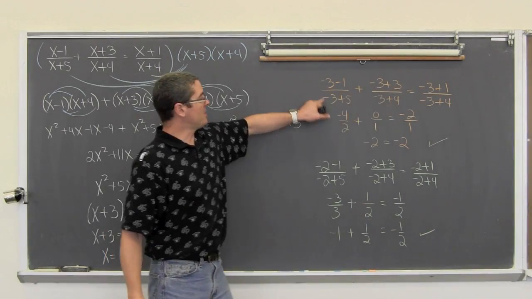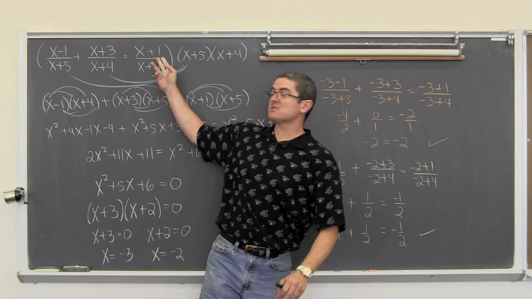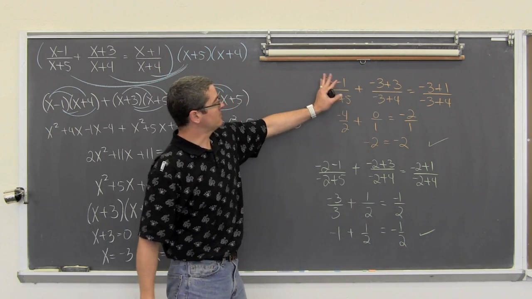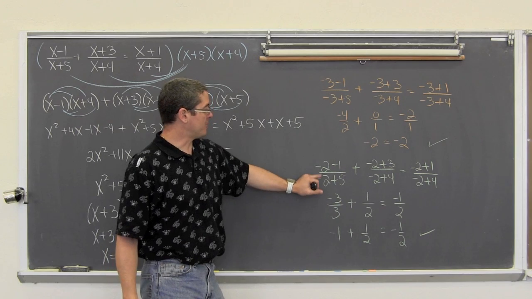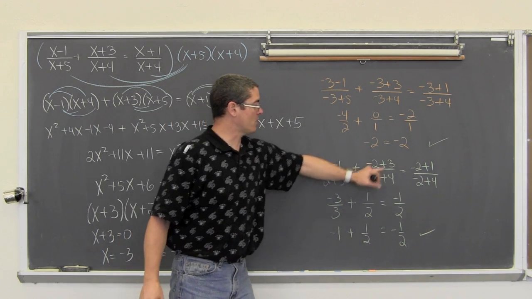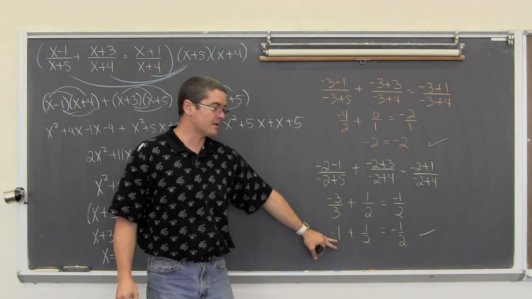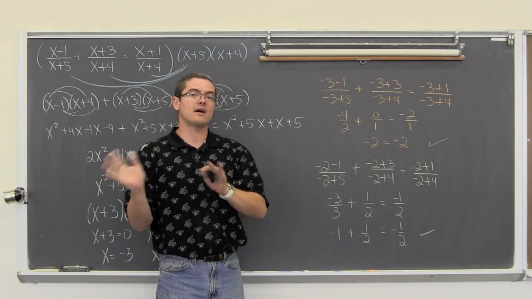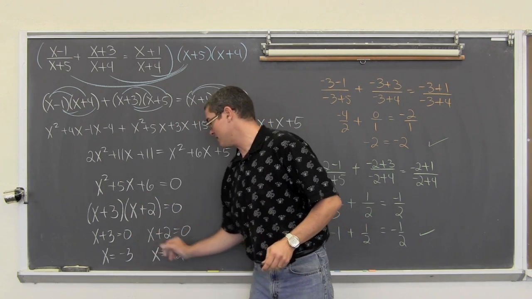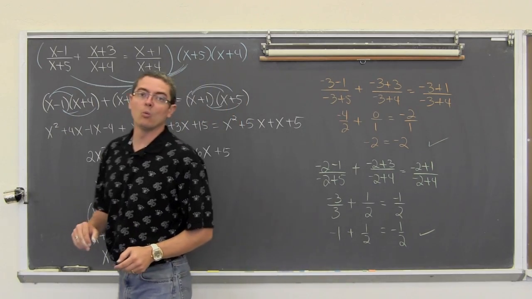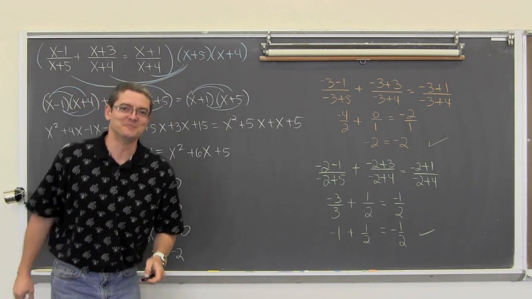Here we can see that I plugged in -3 everywhere there was an x in the original problem, added everything together and got -2 equals -2. I plugged in -2 everywhere there was an x in the original problem and saw that I got the same numerical value on both sides of the equation again. So both of our solutions of -3 and -2 work. Let's go on to that last example.